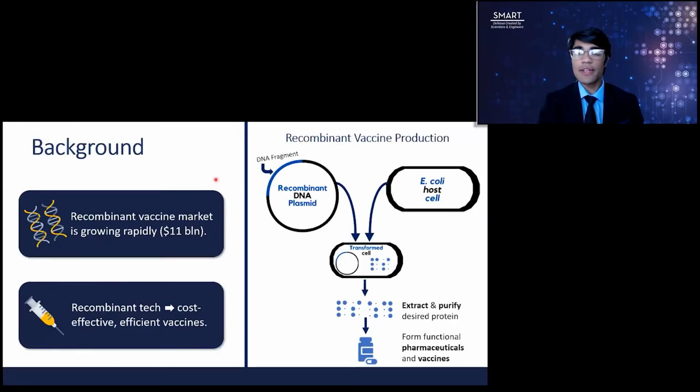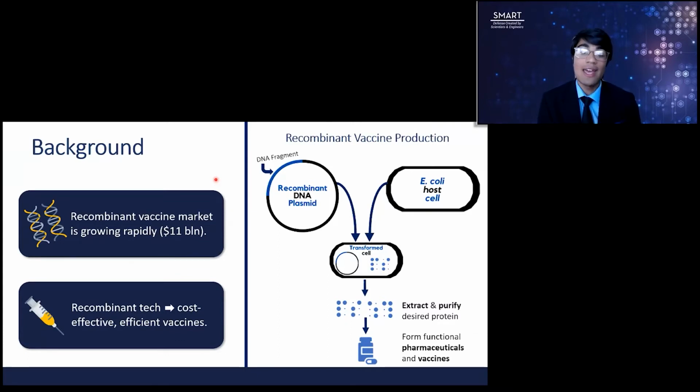So to resolve the COVID-19 pandemic, ramping up the production of vaccines became paramount, and I wanted to see if I could make a difference in this field. Recombinant technology is an emerging field that has quickly placed itself as a keystone of synthetic biology. In this method, researchers can take a custom designed DNA fragment and then use it to create a recombinant DNA plasmid. And when introduced inside of a host cell, such as E. coli, the desired protein is produced by the host.